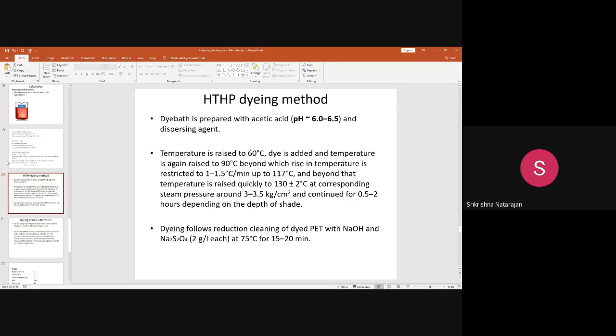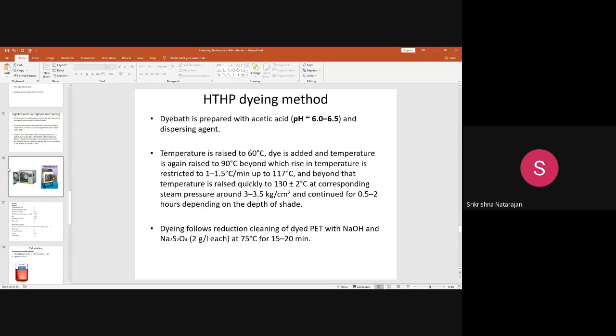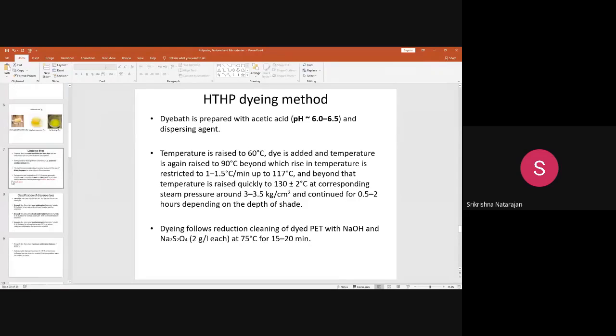Okay, so for the polyester fabric dyeing, what you are supposed to know, I have explained everything. You should know what is meant by dispersed dye, what is meant by polyester fiber, what is meant by glass transition temperature, what is meant by dyeing temperature, what is meant by dispersing agent, what is the use of acetic acid, why do we perform the temperature at 130 degrees centigrade, and about the reduction clearing, why we do the reduction clearing. All these things from the theoretical point of view you should know.